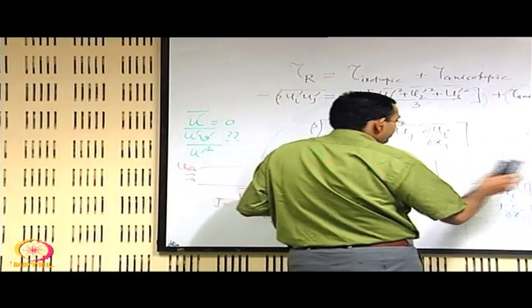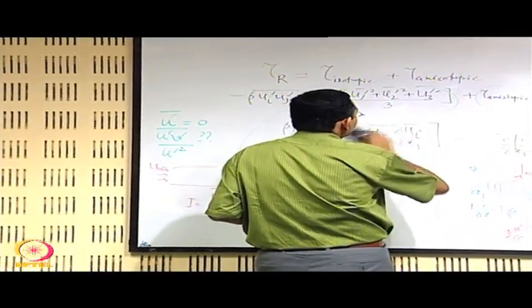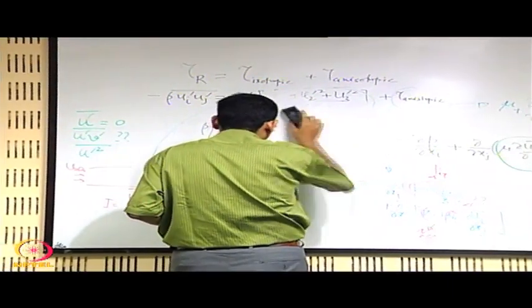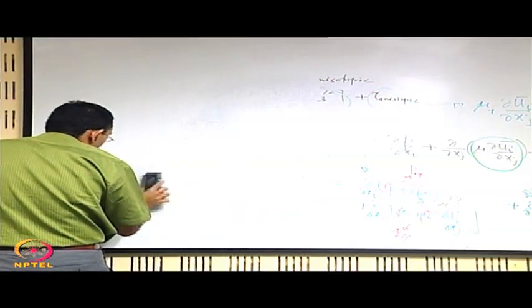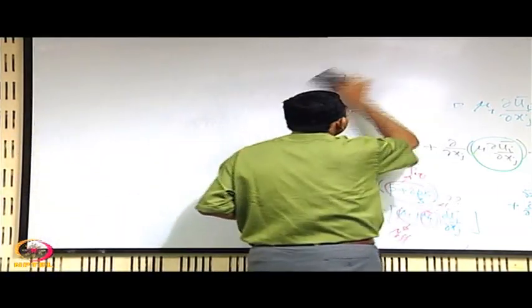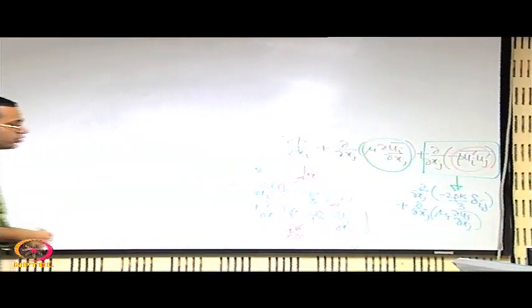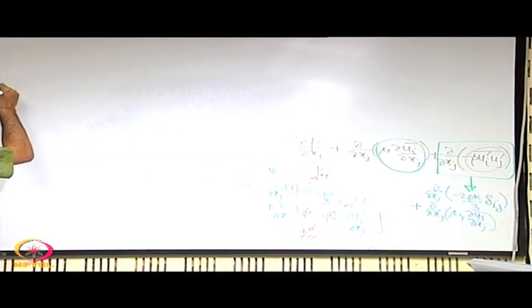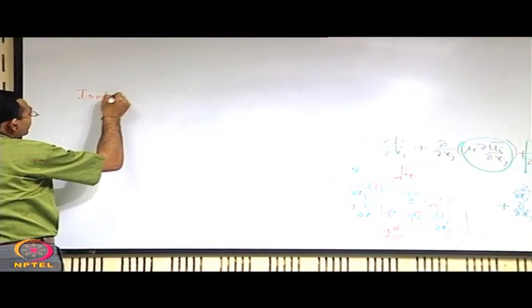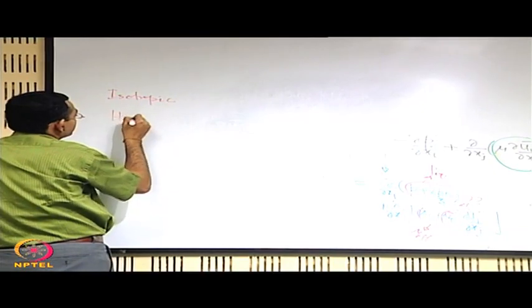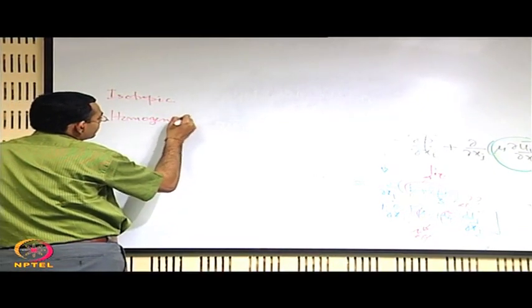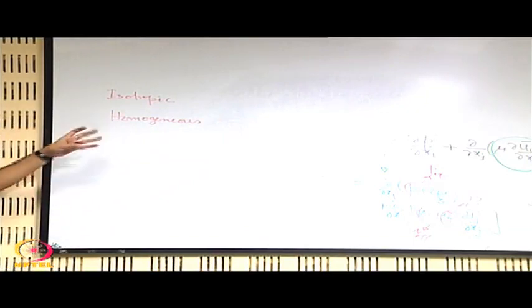Now the other important point is the physical description of this ui prime uj prime, and to do that we have to keep in mind that we are now having to deal with situations which have some isotropic component and which have some anisotropic component, depending on whether i equal to j and whether i not equal to j. So let us try to revisit the important definitions of isotropic turbulence and a related quantity, homogeneous turbulence. So when we discussed homogeneous turbulence,